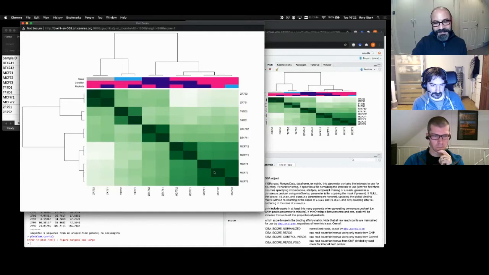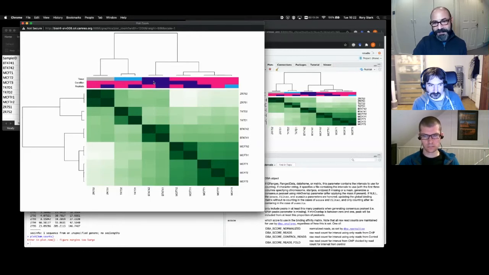But the resistant and responsive versions of MCF7 are still more like each other, as far as their estrogen receptor binding profile, than they are like the other samples. So that's something we know we're going to have to model. We're going to have to deal with that in order to get a result, because these are going to want to cluster together no matter what we do, even though the thing we're most interested in is what's different about them. And then